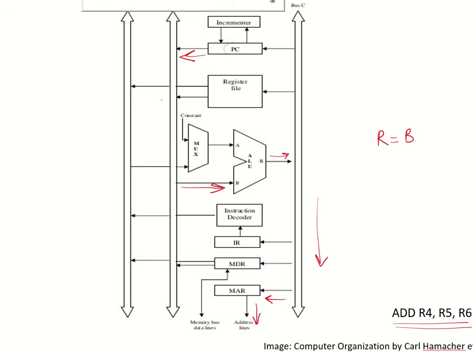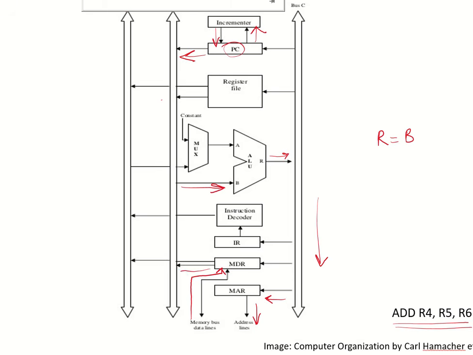At the same time, the program counter value will be sent to the incrementer unit, where it will be incremented and put back into the program counter. It will point to the next instruction. In step 2, we wait for the memory function complete signal. If it is received, the data from the memory will be put into the memory data register. This is the instruction that has been fetched from the memory.